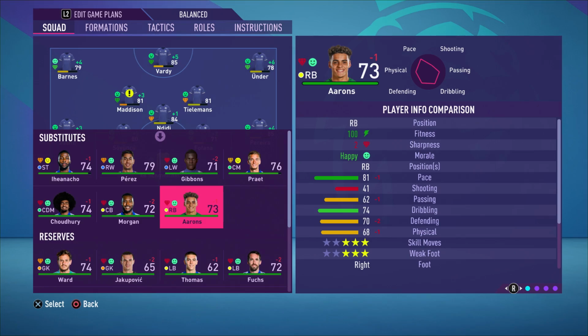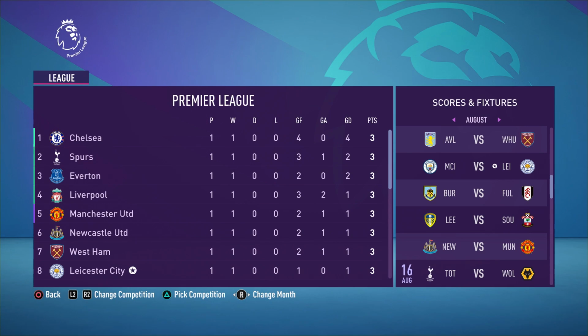of the career mode. In the first episode we managed to bring in Max Aarons for a fee of around 6 million in that right back position. It'll be great to rotate between Aarons and Pereira for this first season. We also started off the season really well in our first game with getting a win and getting 3 points